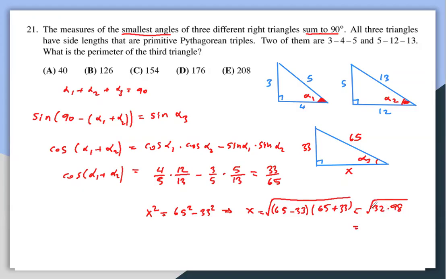And I know 32 has 16, so I can pull that 16 as 4. And this guy has 49 times 2, which I can pull as 7. And then this has another 2 and another 2, which is 4, so I can pull that as 2. So that should be 28 times 2, which is 58. And this is another Pythagorean triple, which is kind of what I expect anyway, because we are told that is